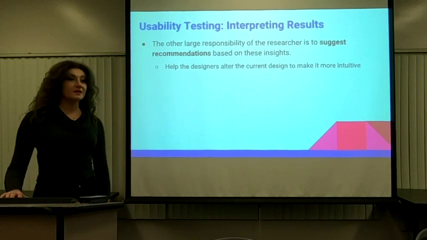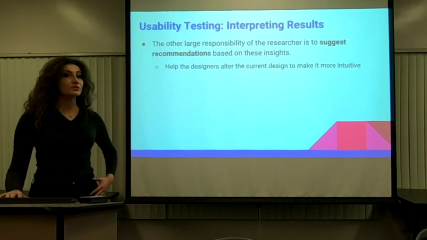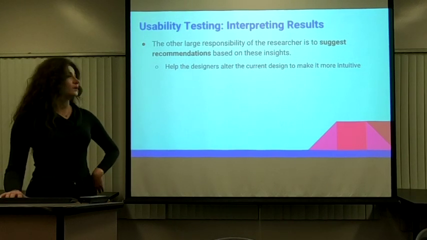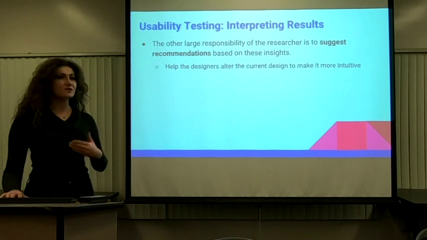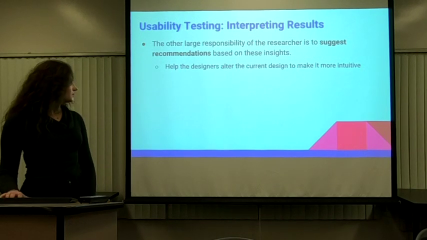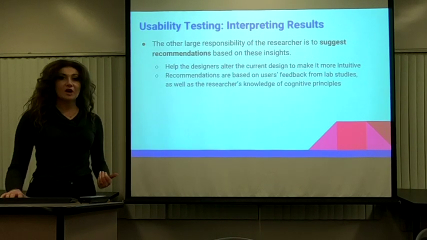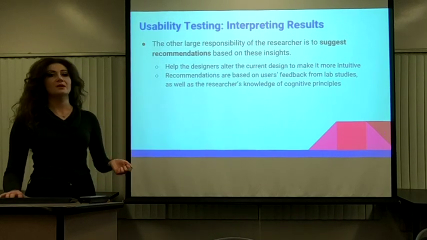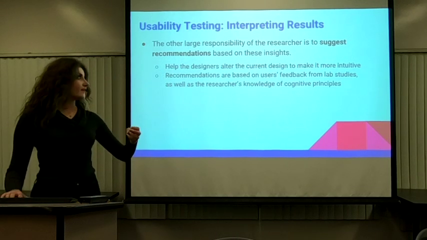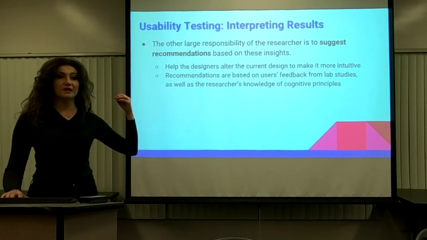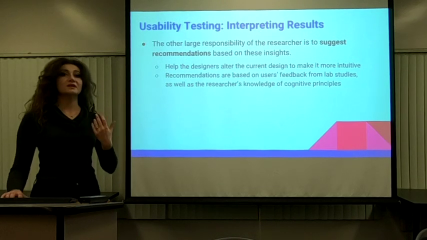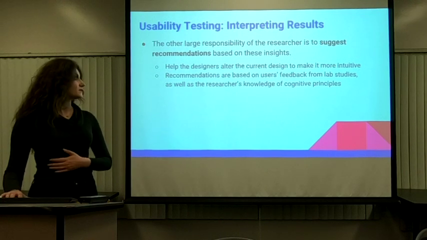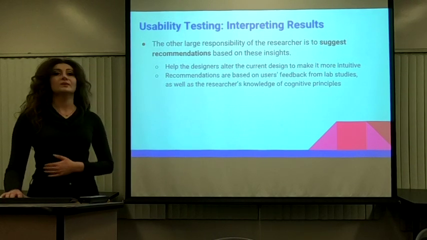The other large responsibility of a researcher is to actually suggest recommendations based on these key insights. That means that we, as researchers, really need to help the designers alter the design to make it more intuitive. So recommendations are based on the user's feedback, right? As a researcher, you heard 5 to 7 people complain about a particular feature. Then using that feedback from the lab studies, we're actually able to develop some sort of a recommendation, a suggestion to make it better. We also depend on our knowledge of cognitive psychology and cognitive principles to help advise these